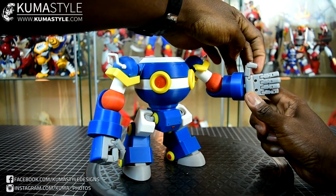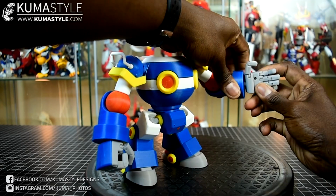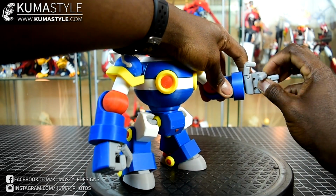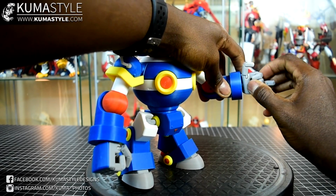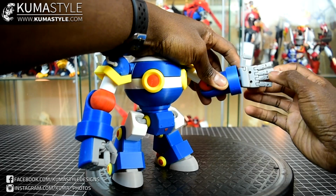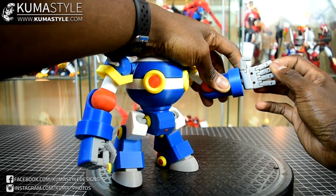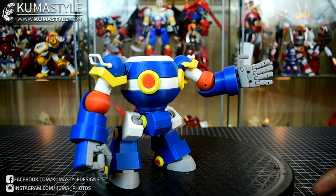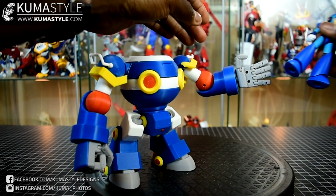Now the fingers, 2, 3, 4. Each of them has that piece here, then here. So they go in and out. It does actually have a bit of finger spread in there too, which is nice. But yeah. And in terms of how firm the hands are,